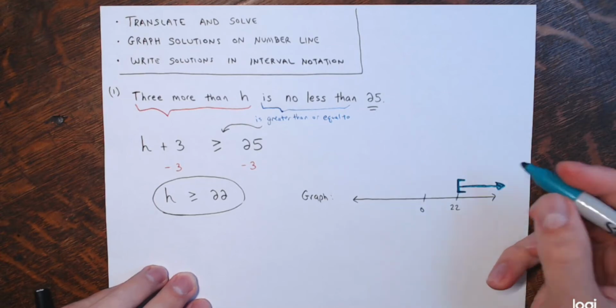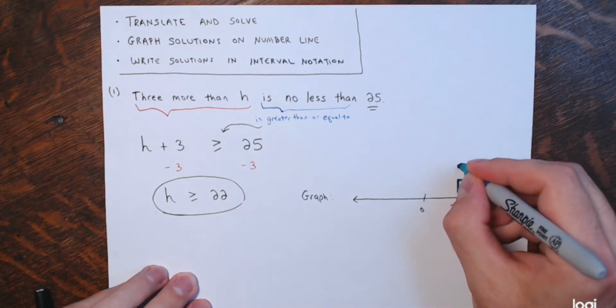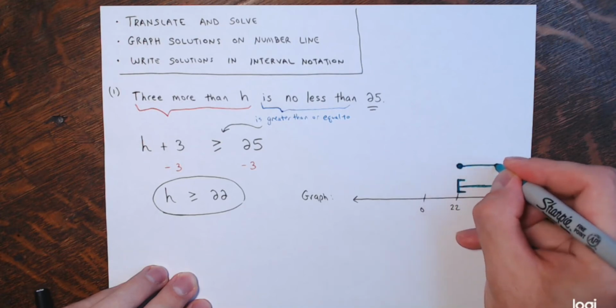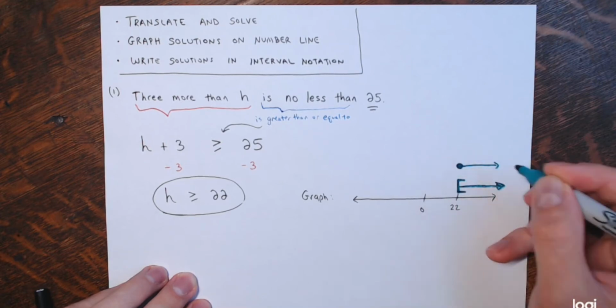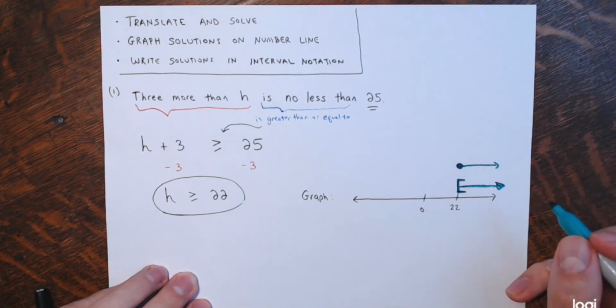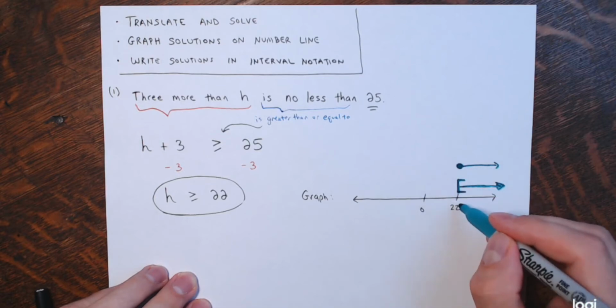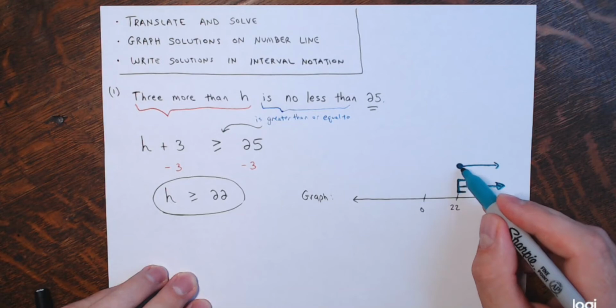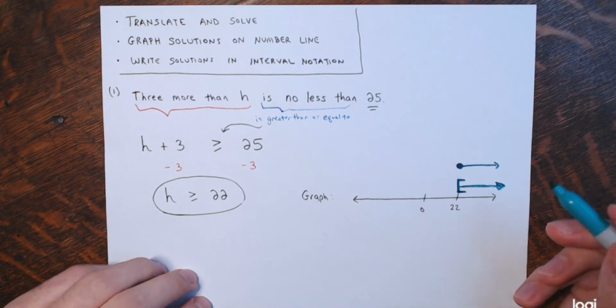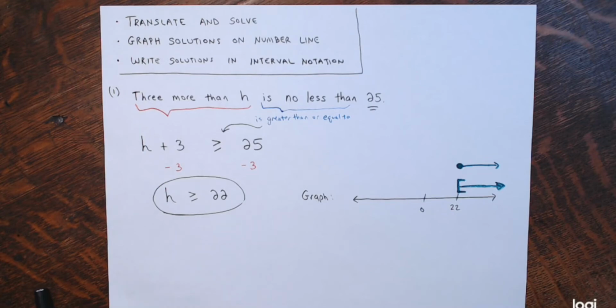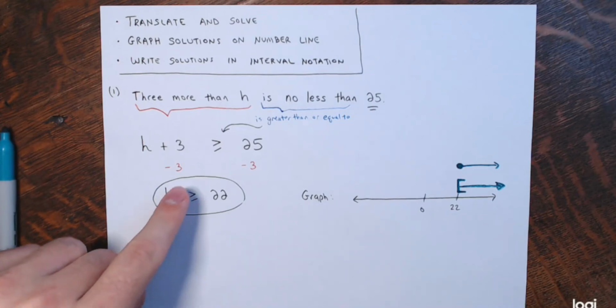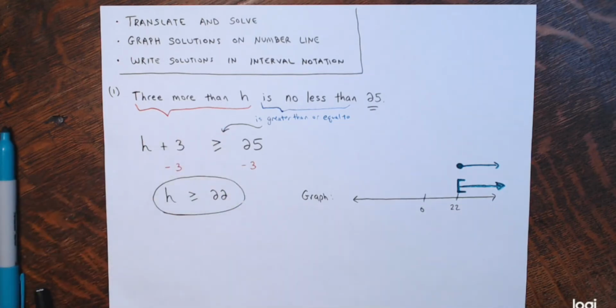Now in other texts you might just see a closed point. So you could also see this. These are the same graph here. Either one's fine. But the closed point, the dot above a number, means that it is a solution. And an open point, just a hole above a number, means that it is not a solution. Alright, so I've got the solutions to my statement, the graph of the solutions,